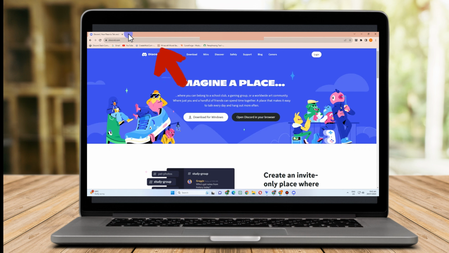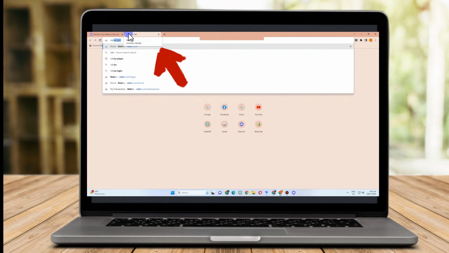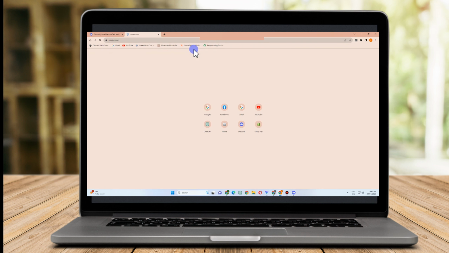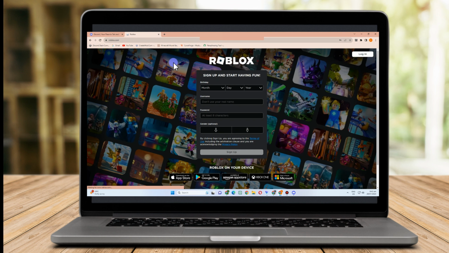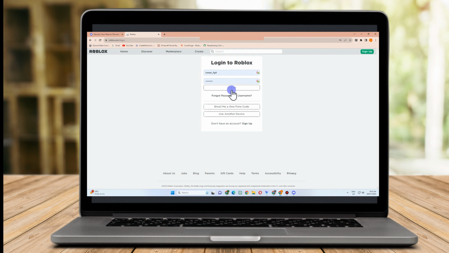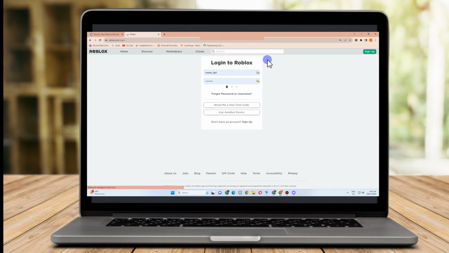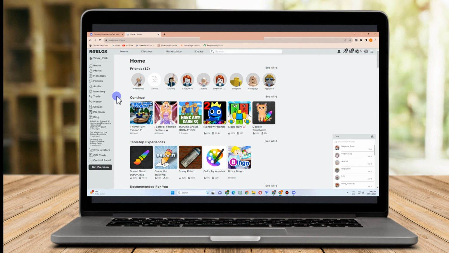Now, once you have logged in to your Discord account, you just have to go to Roblox. Okay, open Roblox in any web browser. So I'm currently using the Google web browser here. Log into your account. Okay, if you haven't downloaded the Roblox application, you have to download it first, and then